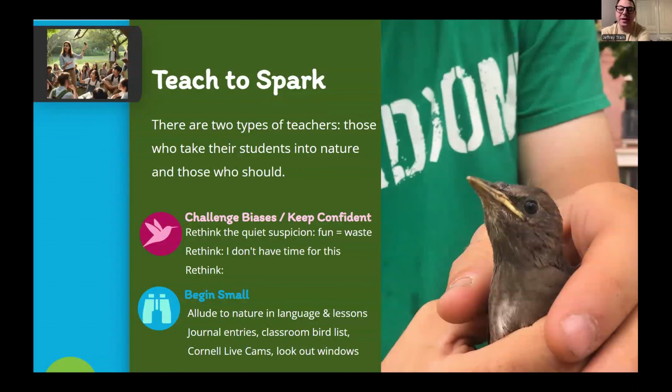The Cornell live cams, I love those, particularly right now because it's just before the nesting season. And so we look at the feeder cams, we look at the live cams, and then you get to talk about nature and how it progresses as a gradual, patient thing. And then as much as possible, again, looking at those windows. And as often as possible, you really want to create as many opportunities and experiences as you can. Start to think of how can I take this lesson that I've been teaching in the classroom and move it outside? Push yourself to see it from a new perspective.